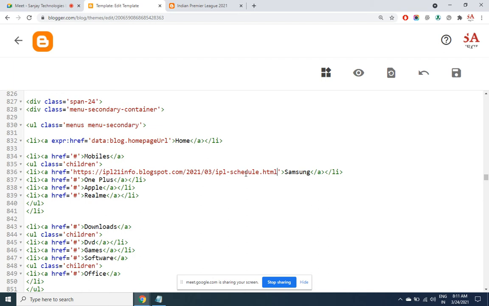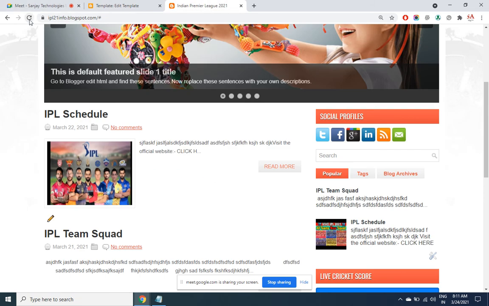So one point you need to remember that in HTML, a href is used to provide links, whether internal link or external link, whether you want to provide the link to your own other page or maybe other website. Instead of hash, if you provide any address there, that page will open up. Hash means it is only clickable but no action will be taken. So I would also want to have an external link. If someone is clicking on Apple, I want the official site apple.com to open up. This is how I assign the address. I click on save and refresh the site.